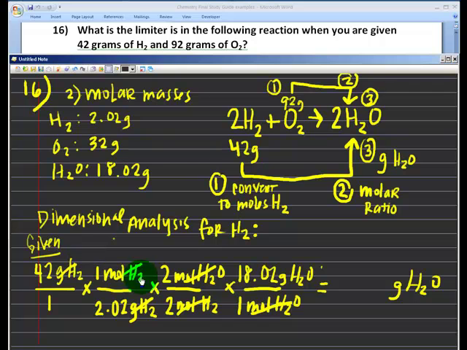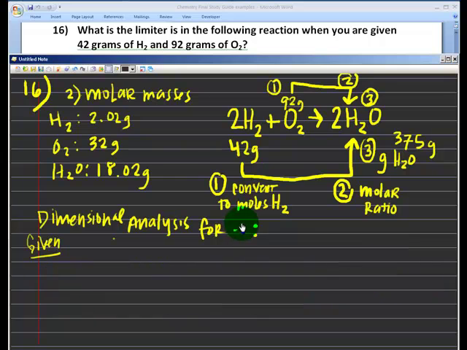So I multiply all the numbers in my numerator, which is 42 times 1 times 2 times 18.02, and divide by all the numbers in the denominator, and you get a final number of 375 grams. I'm going to write 375 grams back into the map. Analysis for reactant O2. So I'm going to